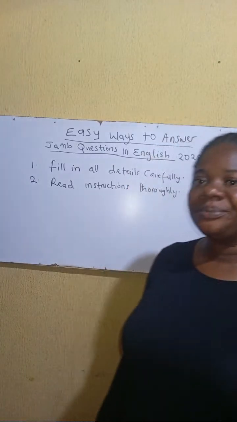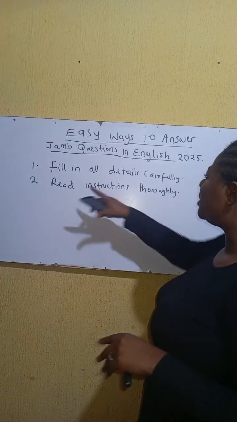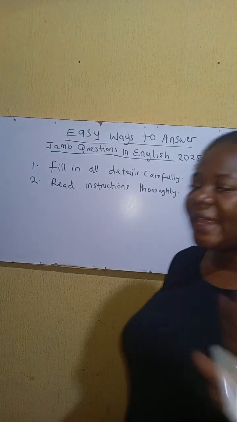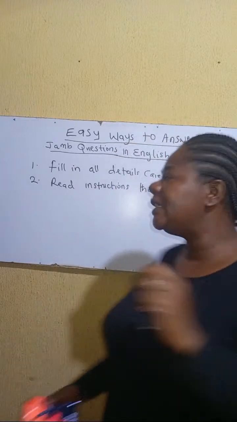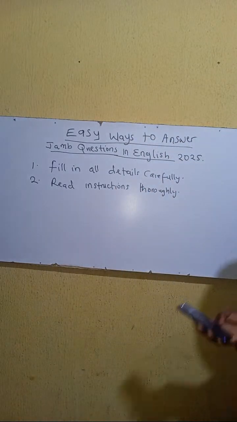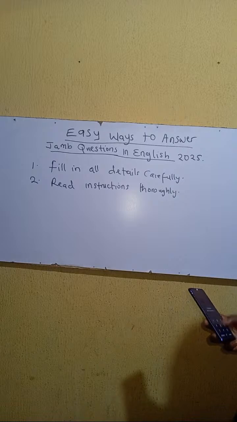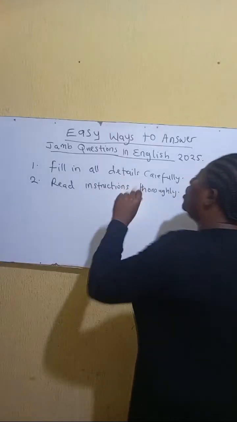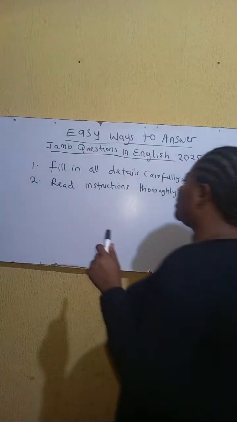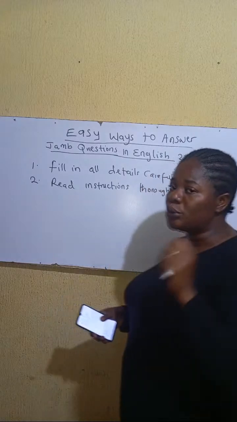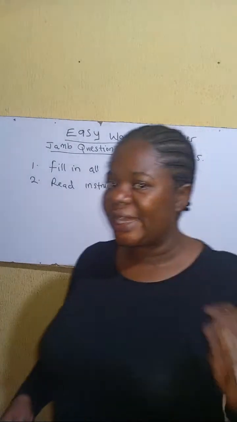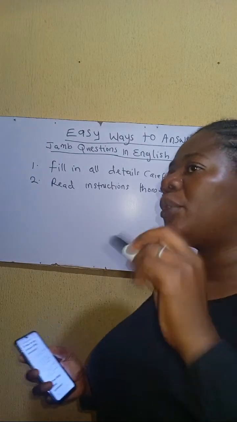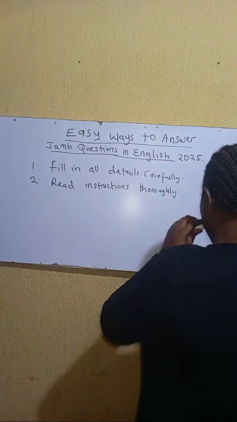Forget about the time. Okay, so when you do these two basic things, the time doesn't matter there. So you read the instructions thoroughly. This is one of the things you need to do. The first one, I say fill in all your details carefully, and then the second one is read instructions thoroughly. Not read it halfway. They say read it thoroughly. That's what you should do. Now the next thing is